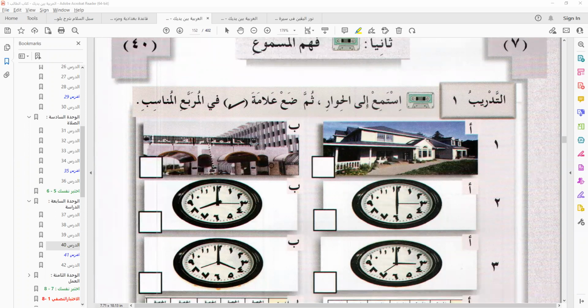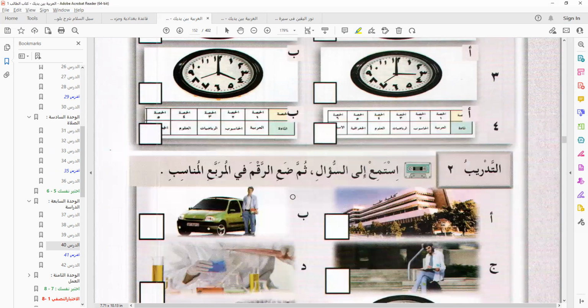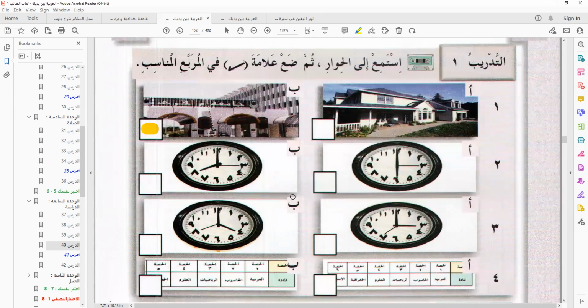So you have here أين تذهب? And I answer أذهب إلى الجامعة. أين تذهب means where are you going to? And I say أذهب إلى الجامعة. In this picture, this is the Jami'a. So this is the correct one. These are simple ones. I think the more difficult one is here, so inshallah, we'll treat that. I'll get someone to answer that. So this is quite simple. That's why I'm doing this.